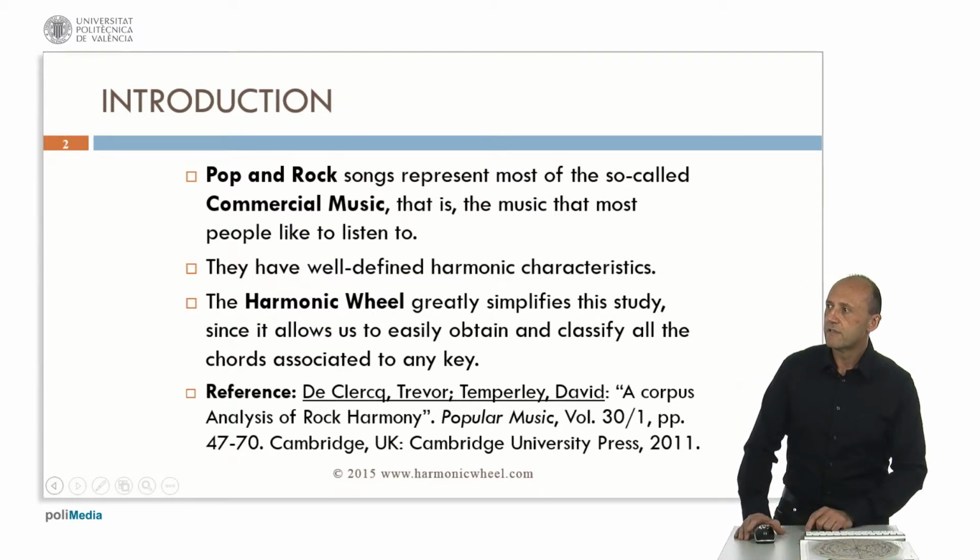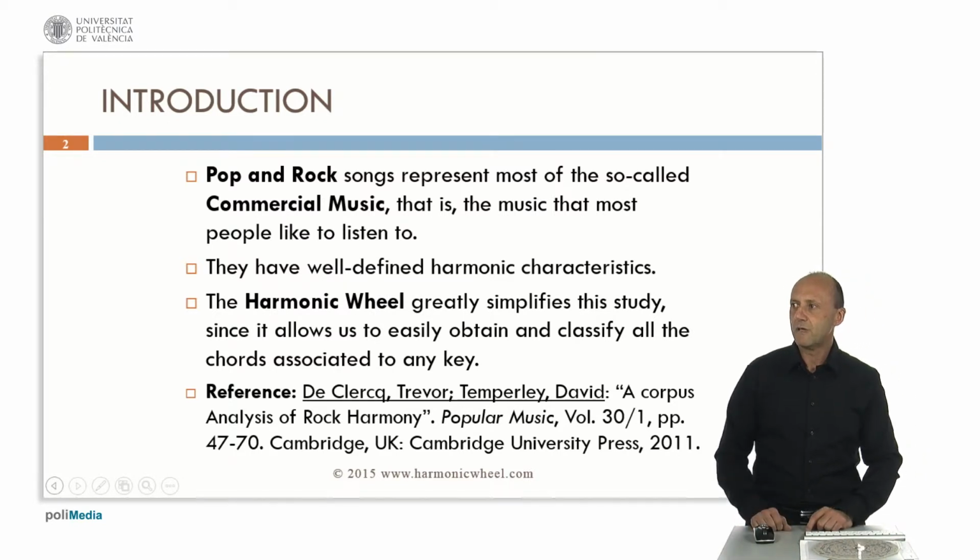Pop and rock songs represent most of the so-called commercial music, that is the music that most people like to listen to. So it's very important for composers to know their characteristics. In fact, their harmonic characteristics are very well defined. Additionally, the harmonic wheel greatly simplifies this study, since it allows us to easily obtain and classify all the chords